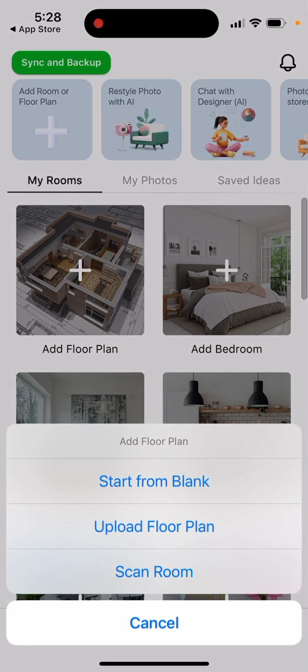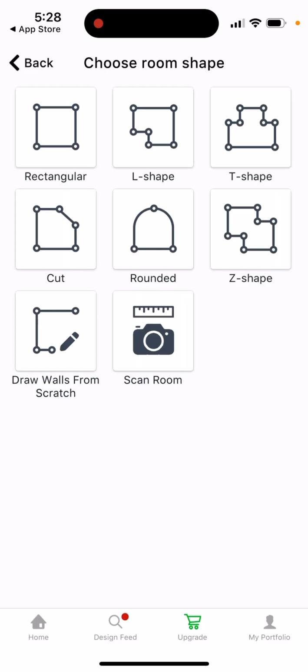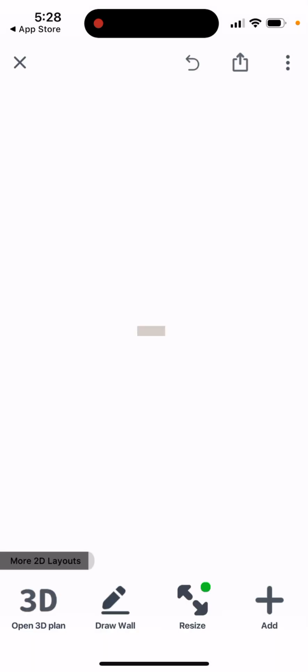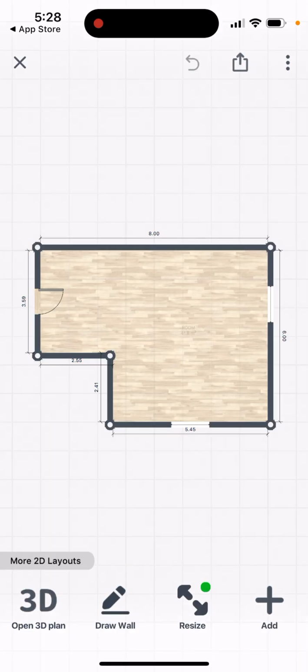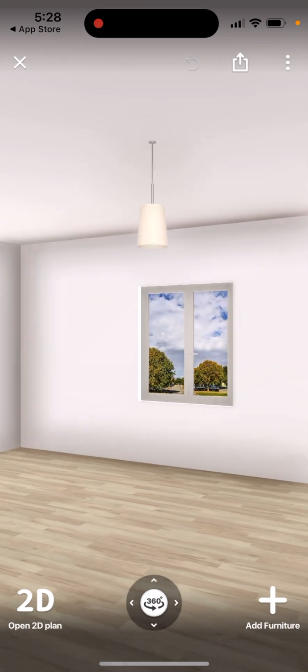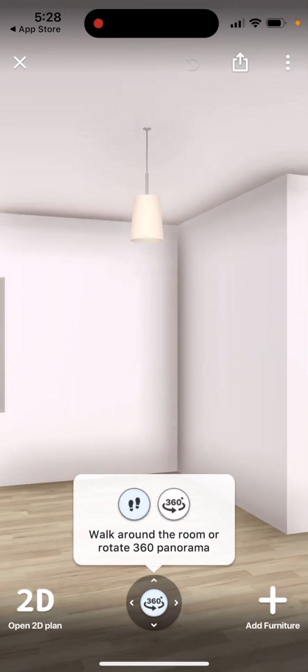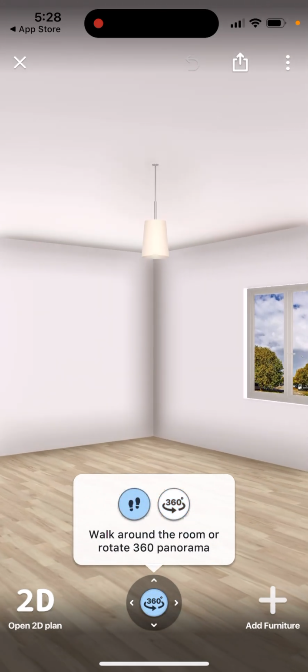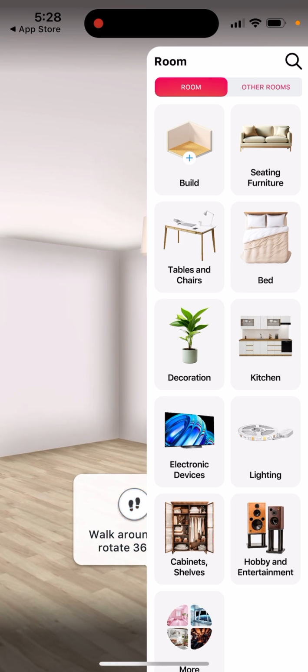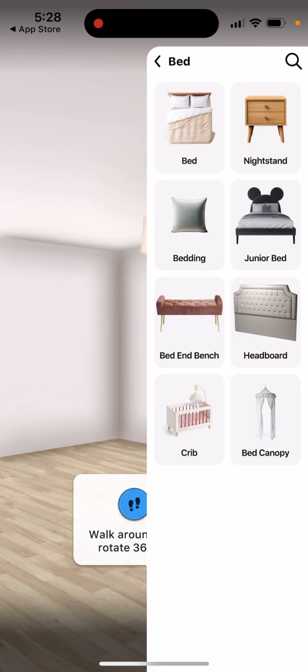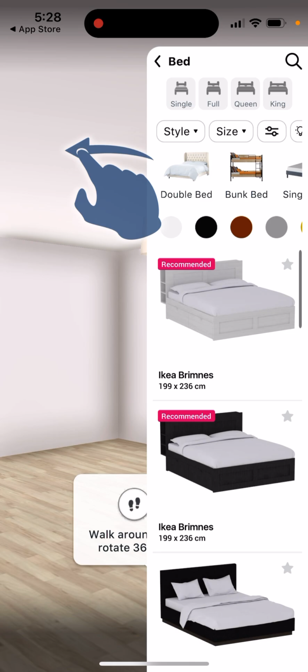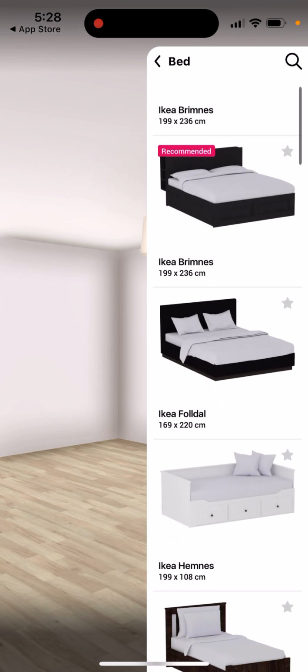add a floor plan. You can scan the room. You can start from blank. So for example, you just have it here, and then open 3D plan. So then you can just browse around and then walk around the room, and then you can just add furniture. Like for example, just want to add some bed, and then I just want to search for some,